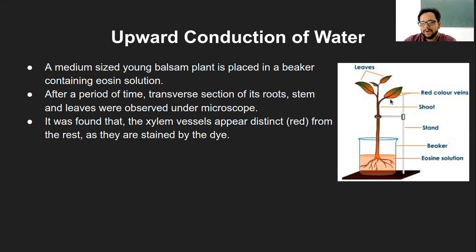of the leaf. From green it will show a little reddish tinge in the leaf, because this is like an animated or graphic diagram. They have shown it as extremely orange or reddish in color, but that may not be the case in reality. But surely you see a certain color change in the leaves.